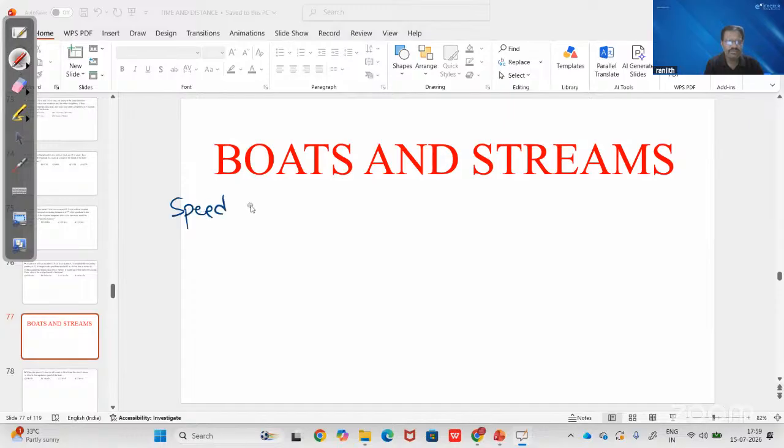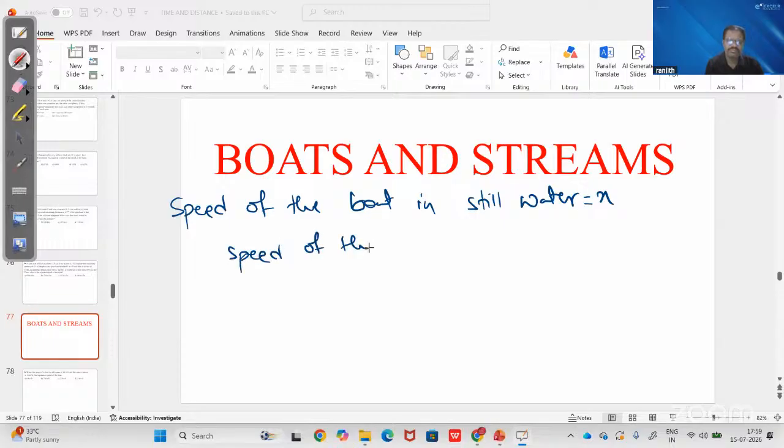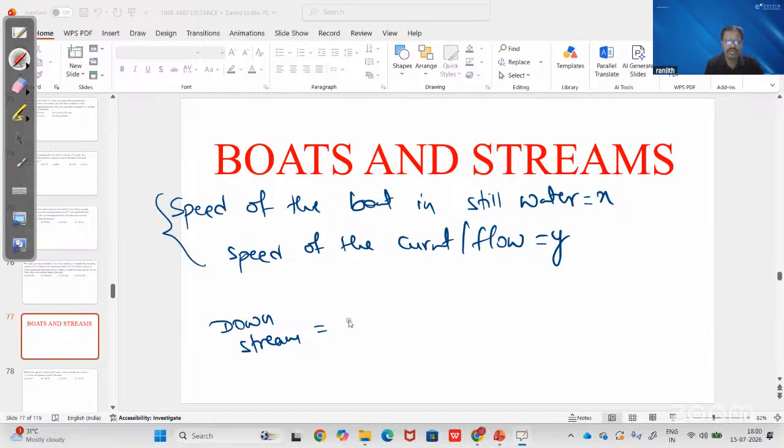Speed of the boat in still water, let us take x kilometers per hour. Speed of the current or flow will be equal to y kilometers per hour. Then the downstream will be equal to, so we need to add these two, still water and current, that is x plus y, whereas upstream equal to,